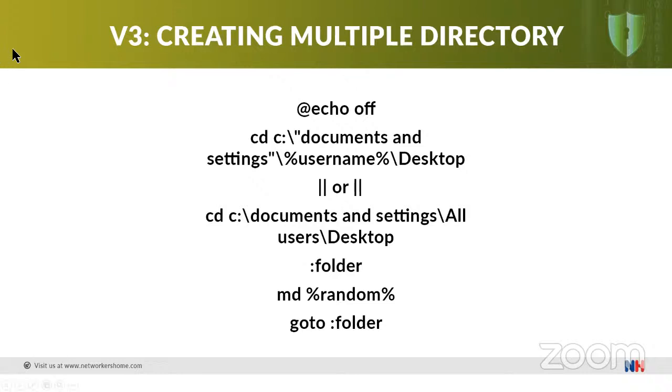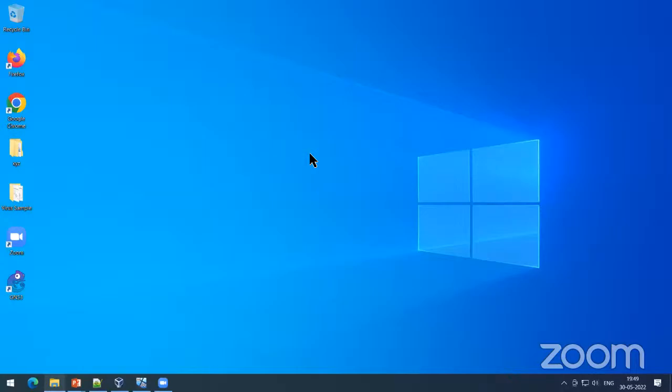Then you can see here, if you want to create multiple directories, creating that directory. I already explained that in the previous session, but here is just the new version. Just I will explain here. You can see echo off so that no one can see that command, and then the cd command to go to this document and setting. Here, this is a little bit interesting. What is that? You can see this concept is simple. I can also show here in our